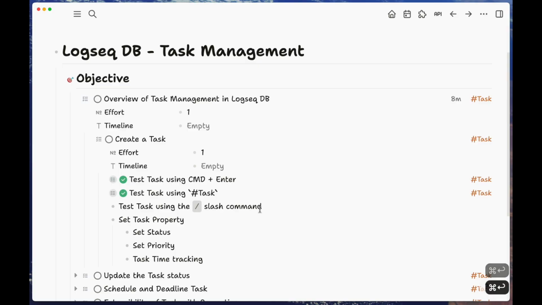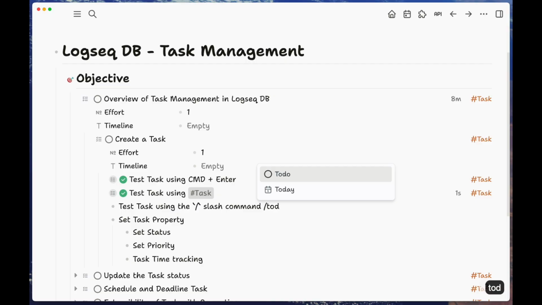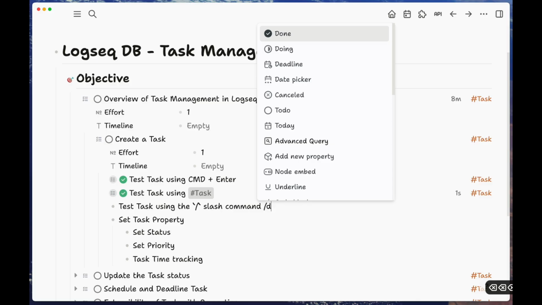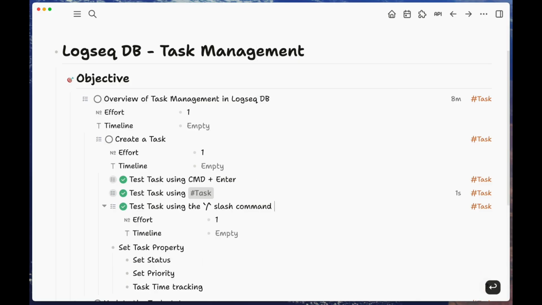Okay. The third method is we can use a slash command. So I can type slash and then to do, and we can set a to do. Or if I wanted to set the doing state, I could set doing state here. Okay. Or I could even take it to done. So it's a task I've just completed, and just like that, we can set a task, and then change its